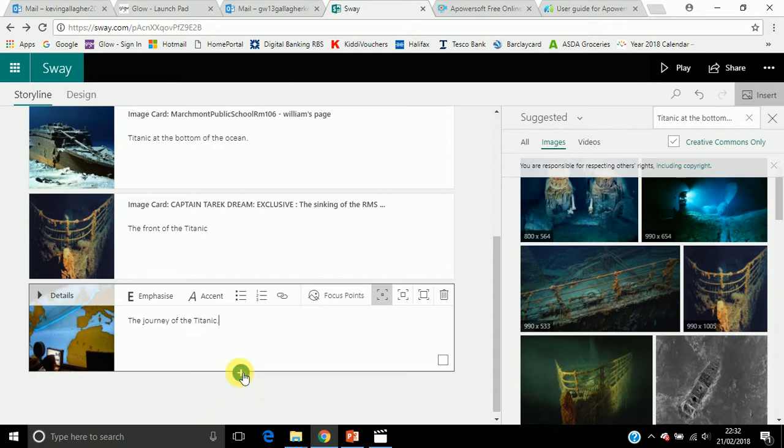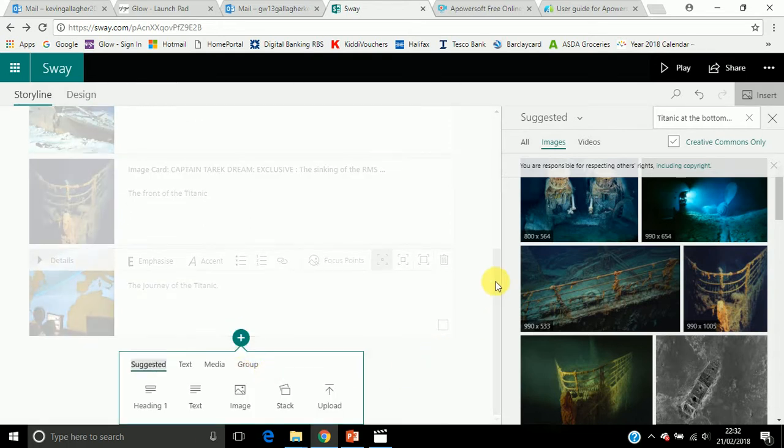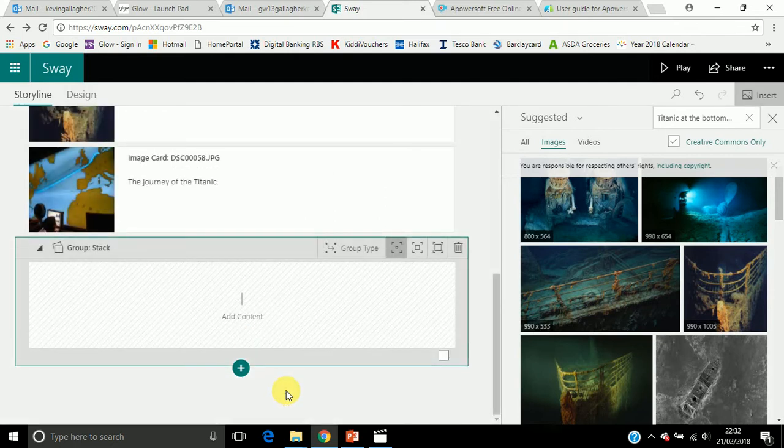Okay, so we're now going to look at how to introduce different ways of looking at the images. So the one that we used before was a stack. So we can see here, after I click on plus to introduce a new card, one of the options that comes up is a stack. So if I click on stack, it brings up a new card, and all I want to do now is